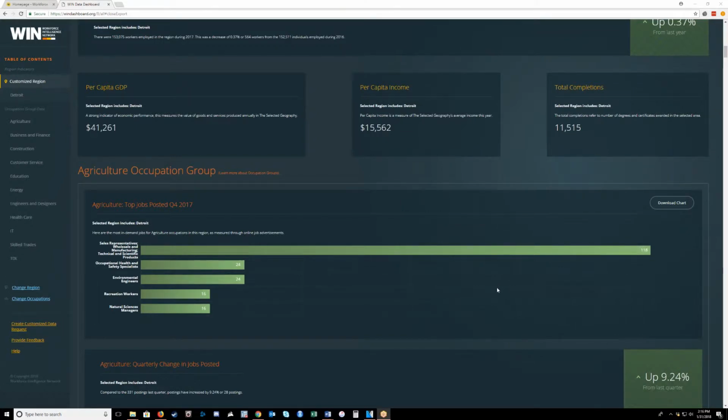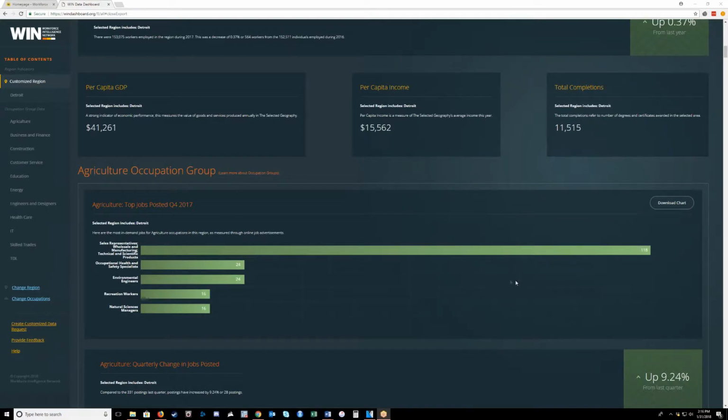Of the ONET codes compiled into this group, these occupations are the 5 with the highest number of postings. As before, you can look at the value by hovering your mouse over the data point or at the callout at the end of the bar. You can also download the graphic for your use as well.